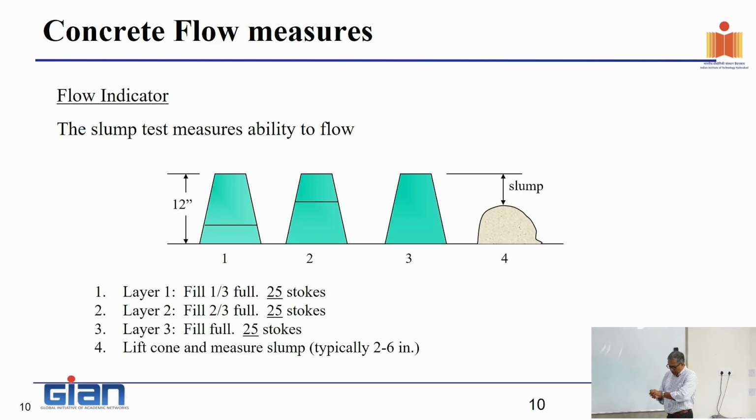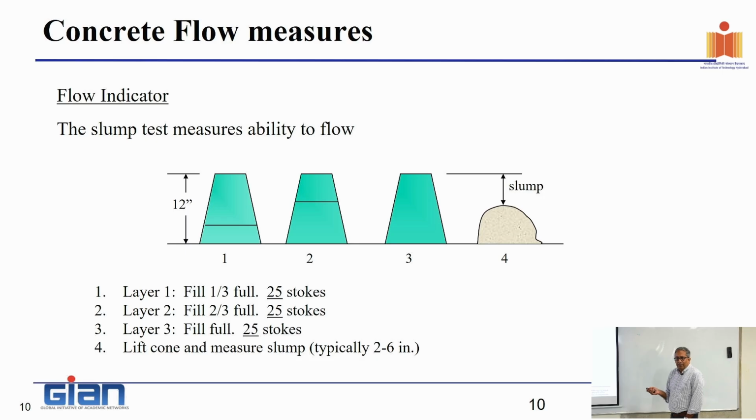Now, how do we measure flow? Well, the most common measure is this slump. That's what we all use. We are all very familiar with this. But remember one thing, please, that slump is a static measure. What do we do? We fill a cone, we lift the cone, we let it come to rest. It is a static measure. It, in a sense, doesn't really tell us anything about the flow behavior. Why? Because when we are measuring it, it is already in a static state.